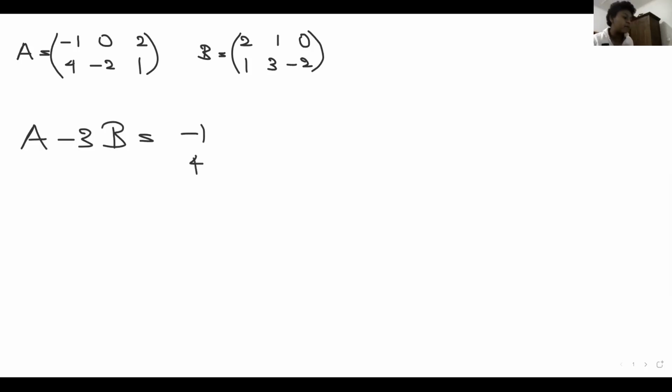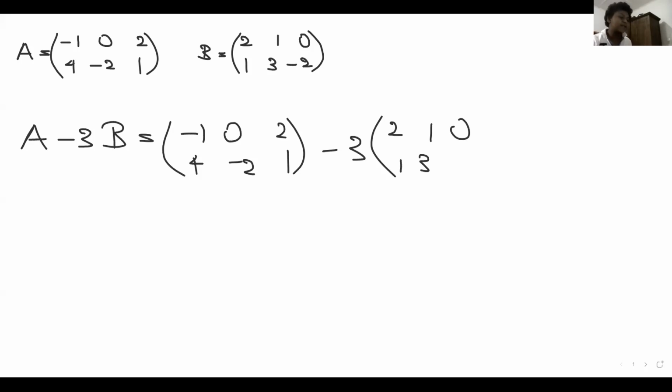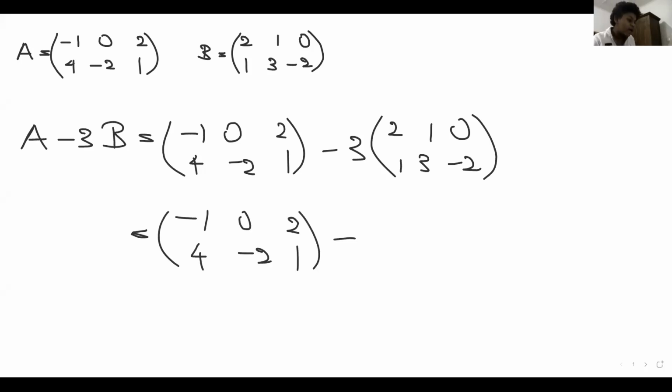Sir, first I multiplied B by 3, right, because it says A minus 3B. So after I multiplied the B part, I got 6, 3, 0 in one row. And the next one I got 3, 9, minus 6. Right. Okay. That's rows, Anuja, not columns. Yes, madam. Those are the rows I got, and then I subtracted them. I got minus 5, minus 3, and positive 2 in one row,